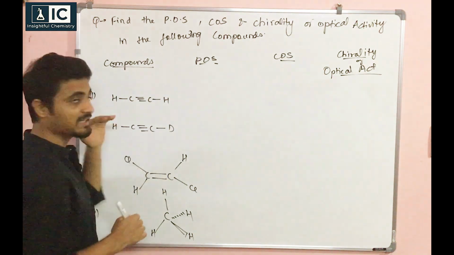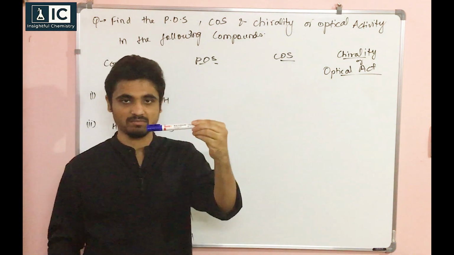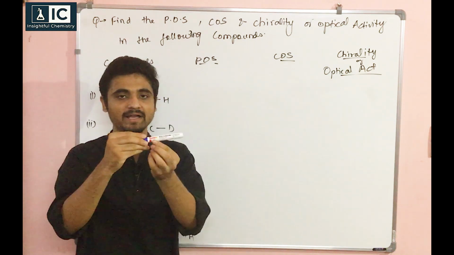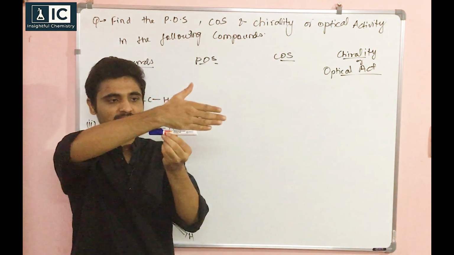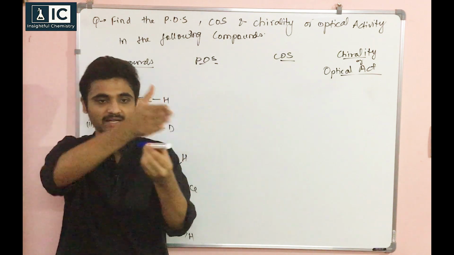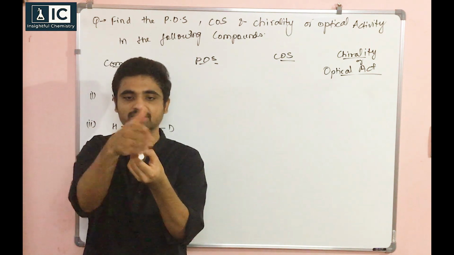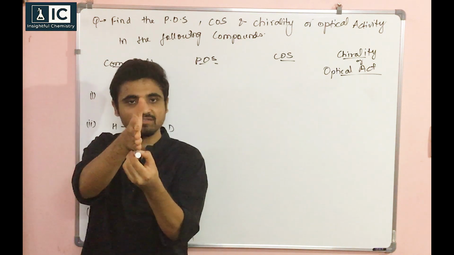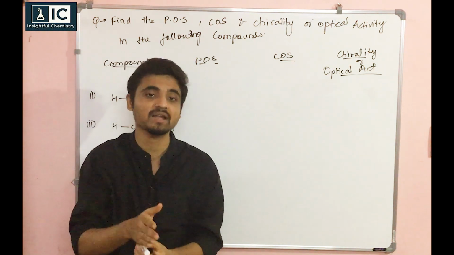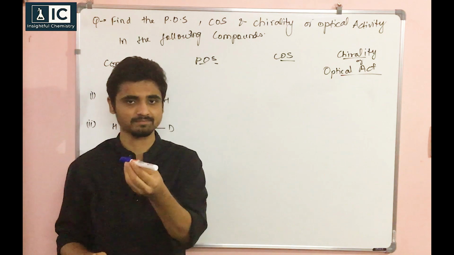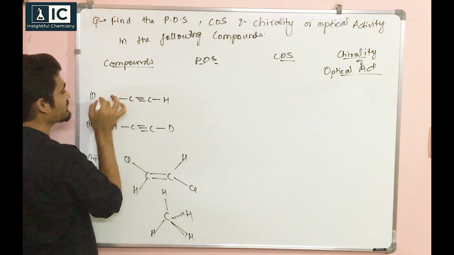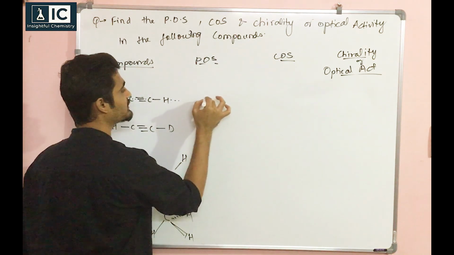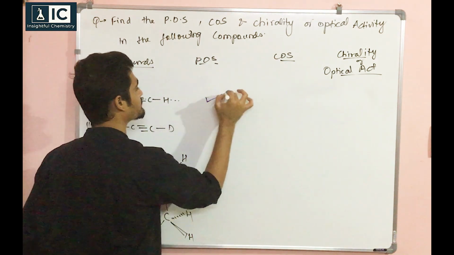Now what does linear mean? It will be simply in a line. Okay, here one sphere, carbon carbon, here one sphere. I can just take any blade and I can cut it in half-half, right? Like this, half-half. So half sphere in front of each other, half sphere in front of each other. Exactly, we can cut it and it will be like a mirror as well. Okay, you can imagine. So what can you say? That I can cut it like this. Okay, definitely there is POS.